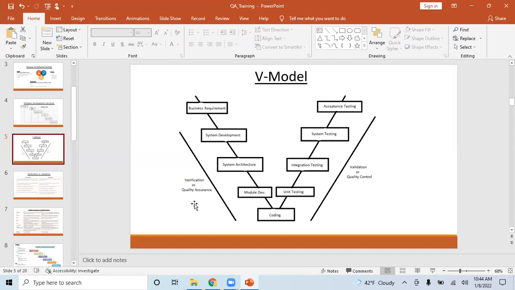Mr. Kiran, in verification there are some techniques, right? Verification comes under review, walkthrough and inspection. So in verification, we will be focusing more on documentation, right? When I say documentation, for example, code is not a document, but it is written in English, right?